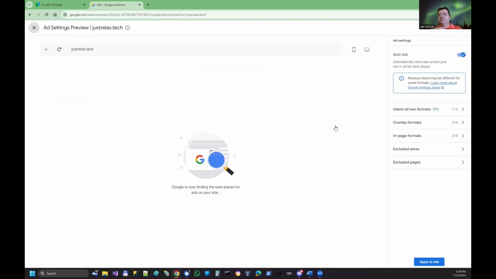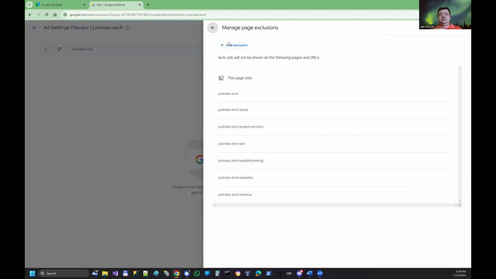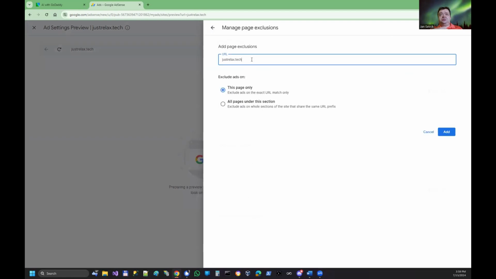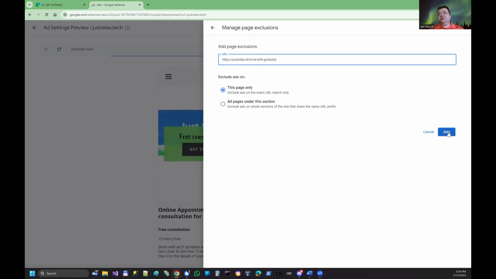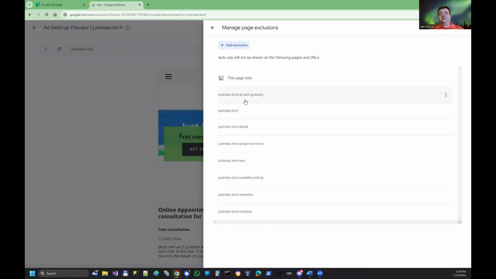And when you navigate to the excluded pages, we need to add an exclusion, and we need to add the AI with GoDaddy page. Add it there, and we will exclude this page. That's fine. That's what I wanted to show you, that if you're running a site where there is only a partial